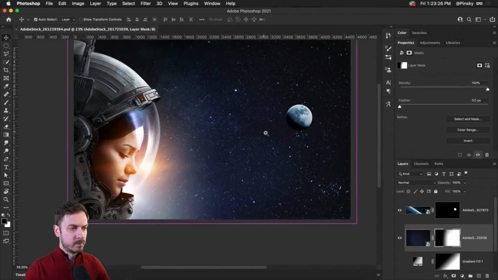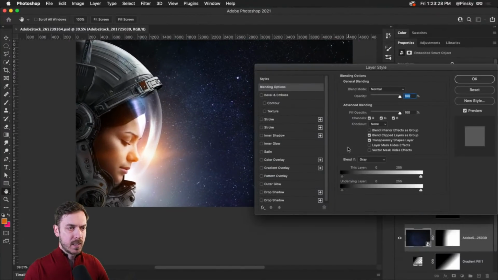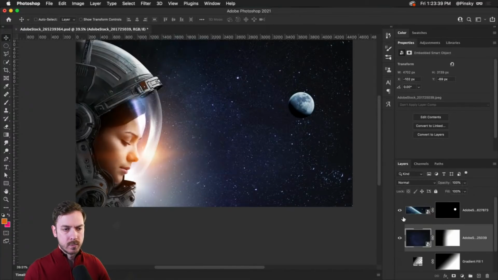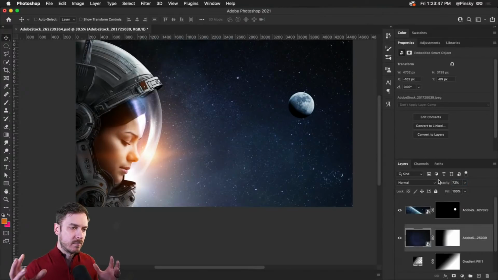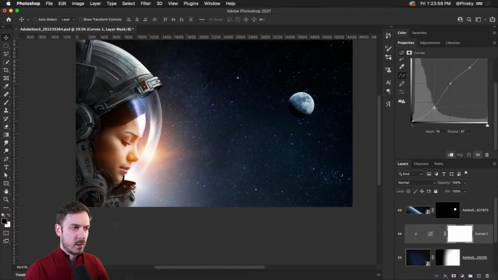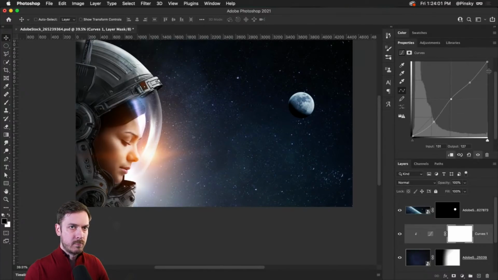So what we can do, let me dive in here. I might want to just darken the stars a little bit. So maybe I can use the blend if at the bottom, maybe blend out some of the stars, possibly. Or I can also, let's add, what should we do? How do we do this? We can darken the opacity a little bit, just bring that down. There's a lot of different ways to drop the brightness. Of course, you can start using things like curves, possibly. Let's see if that helps at all. Darken that. Maybe. But you get the idea, right?